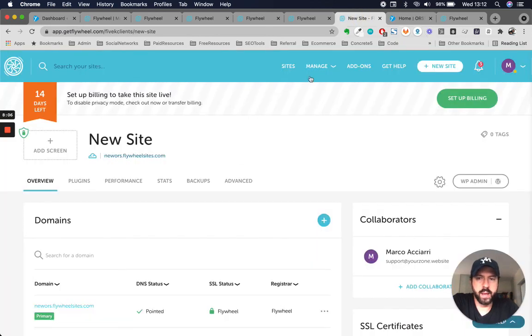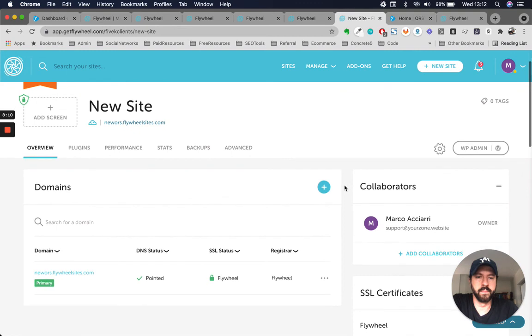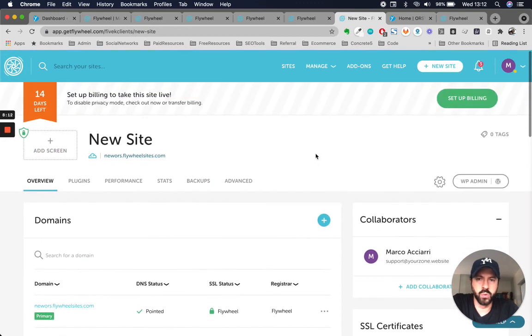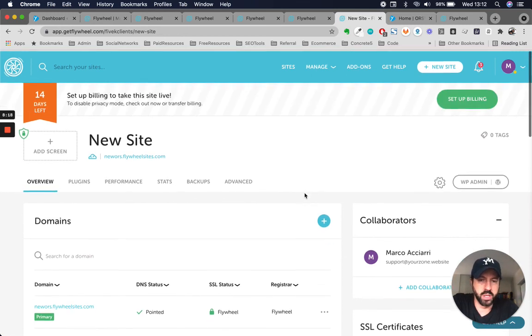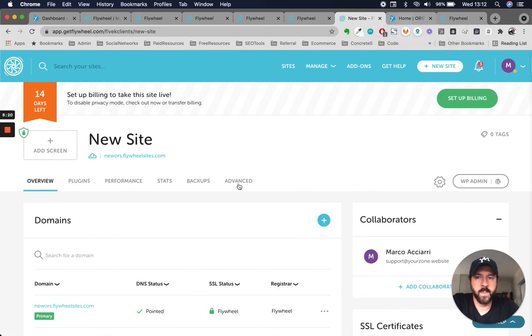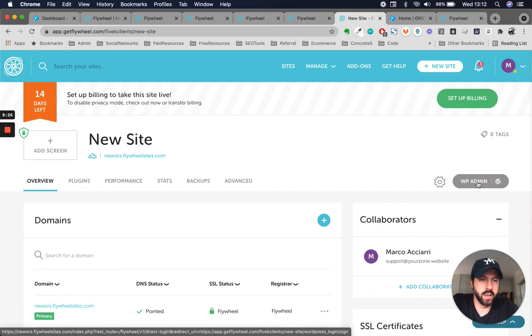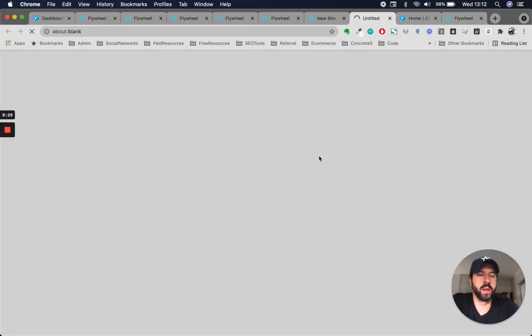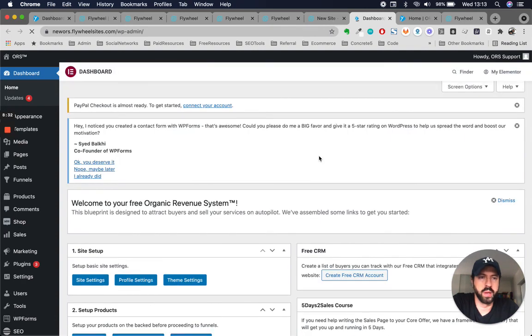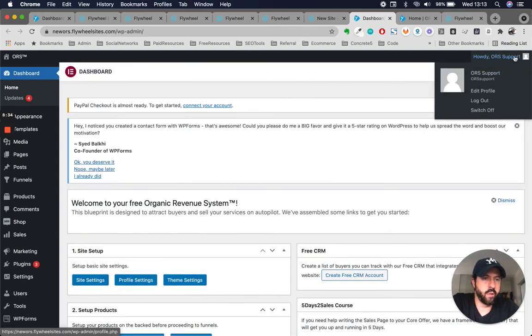So let's go back, and I want to walk you through your hosting for a second so you can decide if you want to stay on Flywheel or migrate to whatever preferred hosting you want. First things first, once the site is working, if you want to log on to the site, all you have to do is click WordPress admin and it will automatically log on to the dashboard, which is pretty cool in my opinion. It's going to be using our